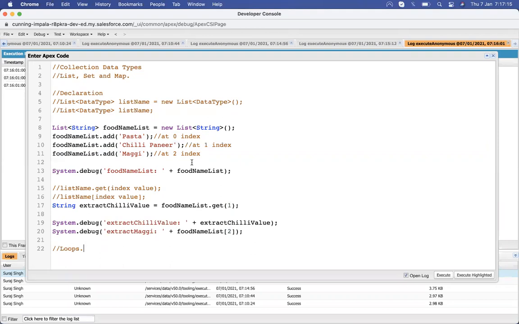Okay, we use the concept of loops for that. Since it is only three elements, it's easy to extract a value from the list. But suppose we have a large data set, thousands of elements in that list. It's not possible to remember each index and do our coding by extracting the values from a list. So what we will do is use the concept of a loop.